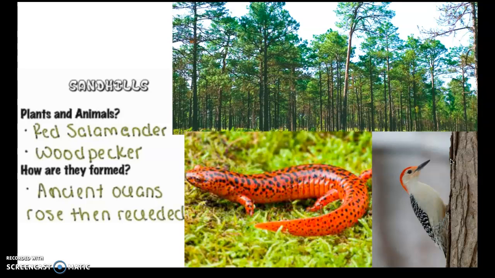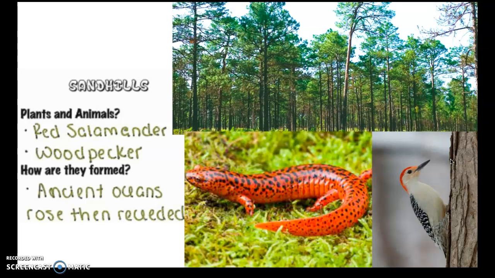And then our sandhill region, which debatably is kind of where we live, but we live right on the edge of the sandhills. It's like the Fayetteville area. We have the red salamander, which is really cute right there. Salamanders are amphibious. They diffuse through their skin,